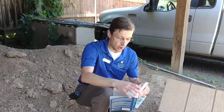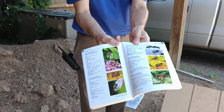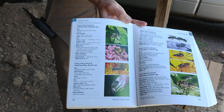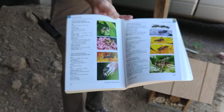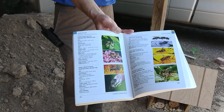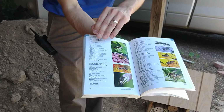All right. So there are many, many, many different kinds of bees. So we have right here in this picture some leafcutter bees. Leafcutter bees will actually cut small pieces of leaf, and they will take those back to line their nest. They'll put pollen in there, and they'll raise their babies on that. We also have